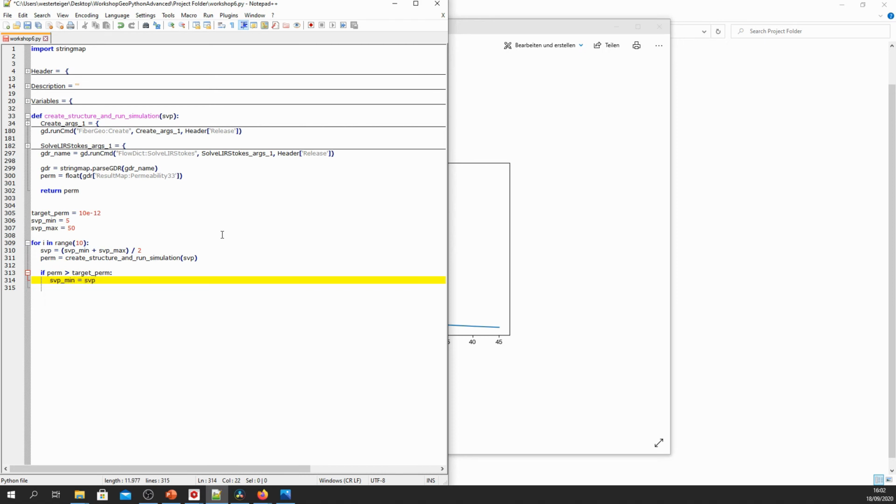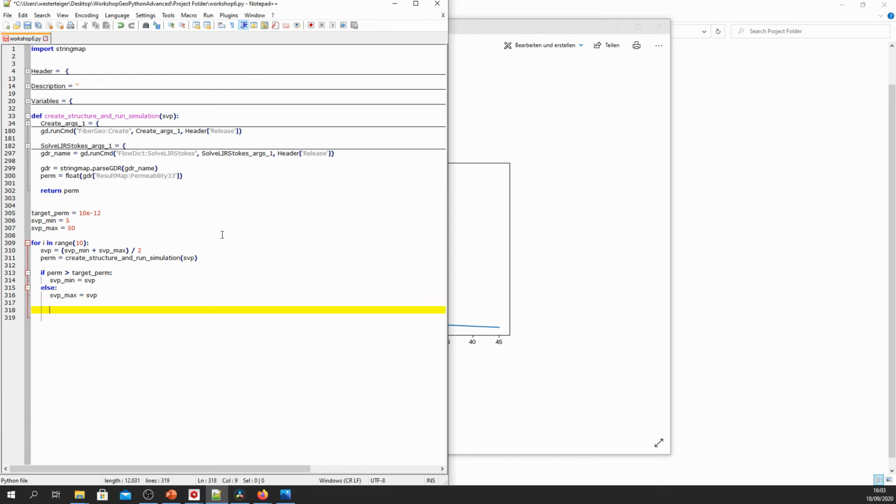Basically, we change our lower limit to the midpoint. Else, colon, SVP max equals SVP. And by this procedure, we basically incrementally bracket the target SVP value.